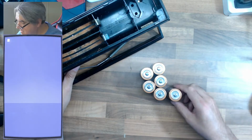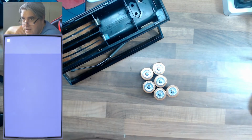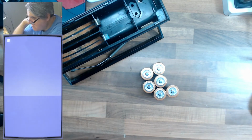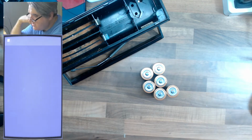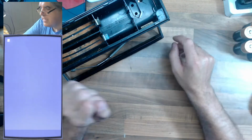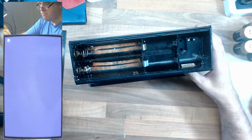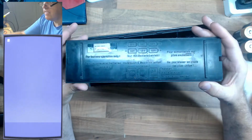I happen to have 6 D cells, but they're out of my Yamaha keyboard, and I have used them rather a lot, so I think they might be a little bit on the flat side, but we'll see. I have them if we need them. But the reason I'm thinking we need them is if we look on the base here,